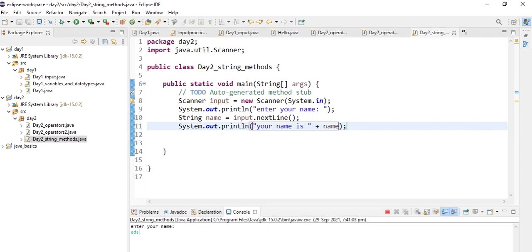My name is Edspread, so your name is Edspread is being printed.